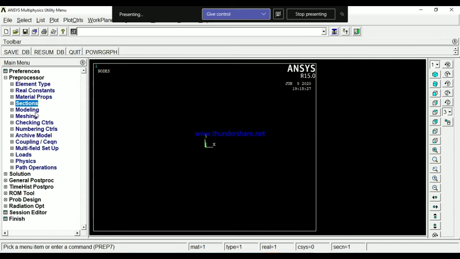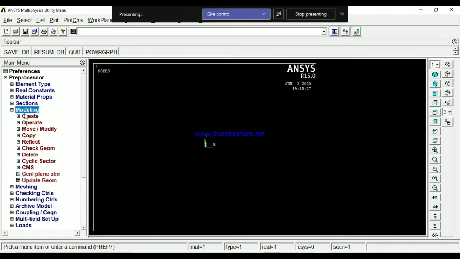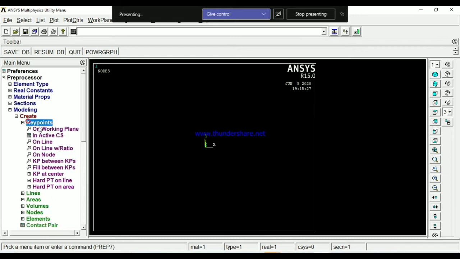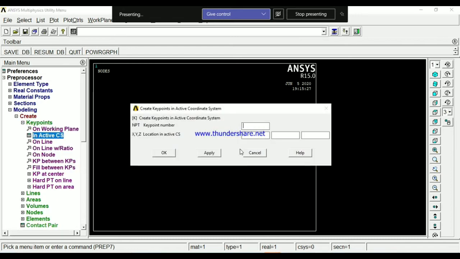Now go to modeling, create key points in active coordinate system. First, node number 1 is 0, apply. Node number 2: how much length is given? Enter 200.